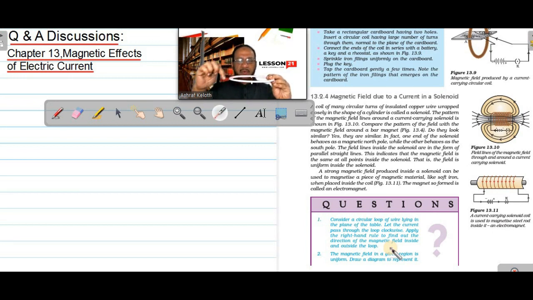direction, and at a point outside, you can see the fingers are coming upward here. After holding like this, the fingers go this way, and outside it is coming in the upward direction. So outside, the magnetic field is perpendicular to the table in the upward direction. If I am holding the loop with the thumb showing the direction of current in clockwise direction, then inside the loop the magnetic field is perpendicularly downward, and outside it is coming upward, perpendicular to the table.